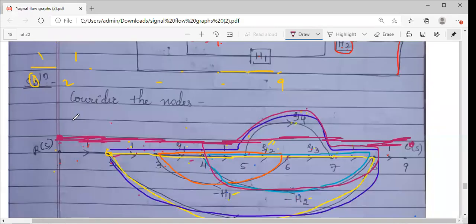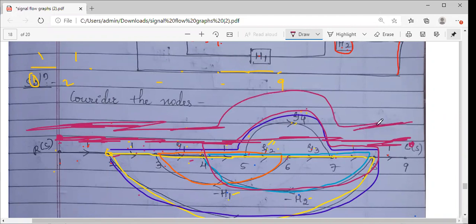What is your second forward path? This is your second forward path. For the second forward path also you may feel that ये जो yellow वाला line है इसको touch नहीं हो रहा है, this line को, but यहाँ पे तो touch हुआ है वो. This is a common line. These two are the common lines for most of the loops.